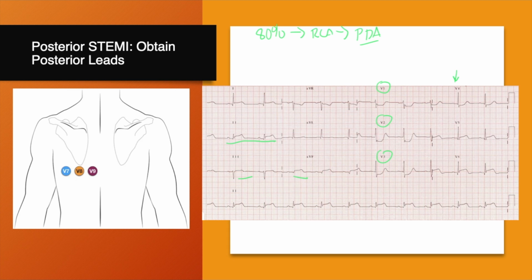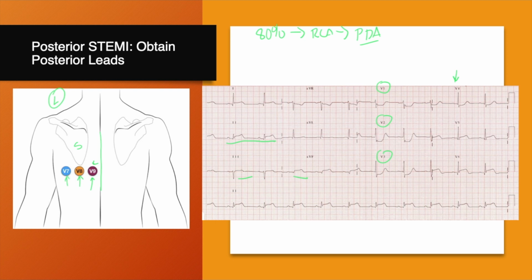Well, you take V4, V5, and V6, and you put electrodes on the patient's back. So this is on the left side. And what you're going to want to do is plant an electrode. You're going to find the spine, and then just lateral to the spine, underneath the scapula here, you're going to put an electrode, and then just inferior to the tip of the scapula, you're going to put another electrode,